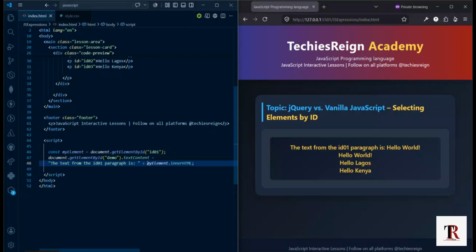Number two, jQuery uses standard CSS selector styling, hash for ID, dot for classes, to search your HTML documents, making it highly intuitive for web designers. And finally, while jQuery was an essential tool for over a decade, native standard updates like document.getElementById and document.querySelector have made native JavaScript highly efficient for